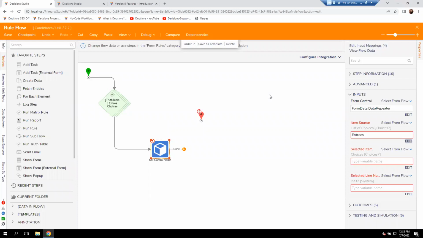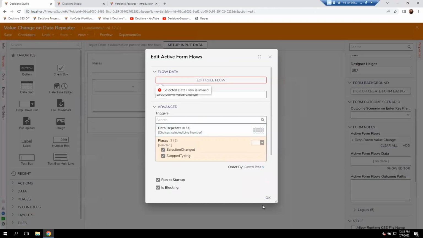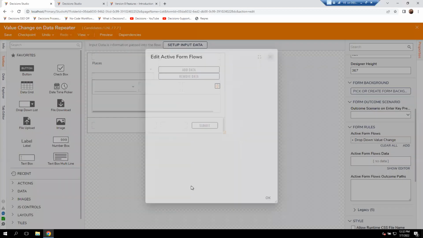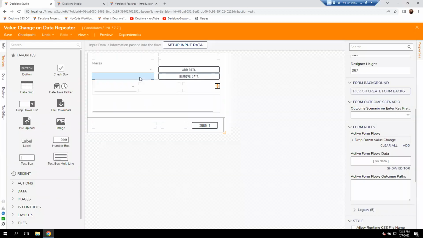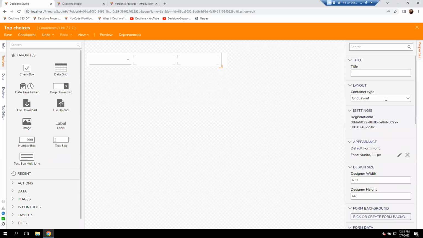So he's trying to bring a list of sources or a list of choices into a dropdown inside of the data repeater based on the place that's chosen above. Correct? Yep. And if we do this active form flow here, in order to set the input value inside here, it's got to be a database structure because that's what we've chosen. Unless